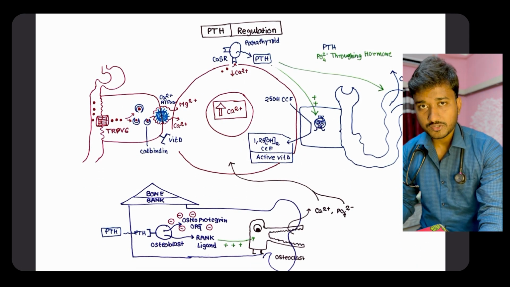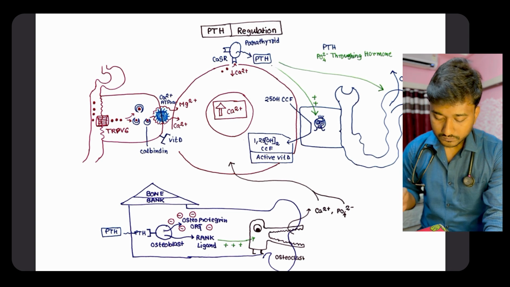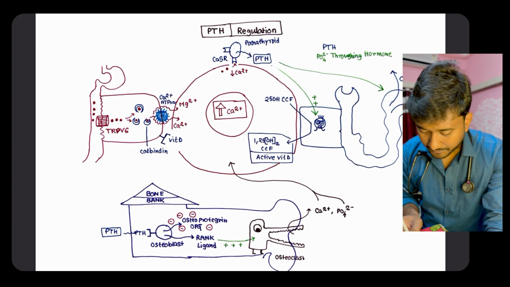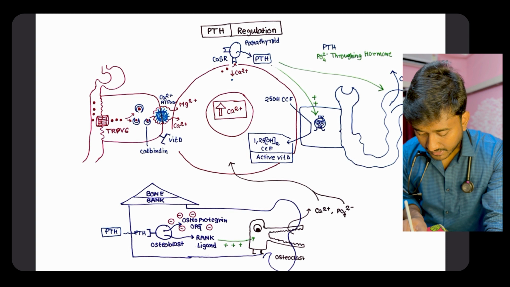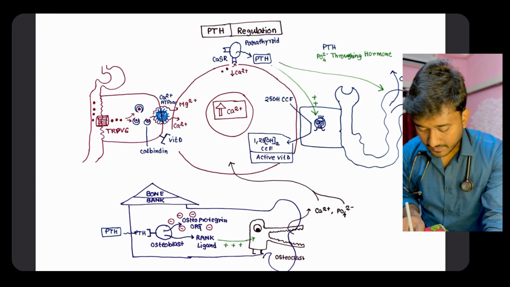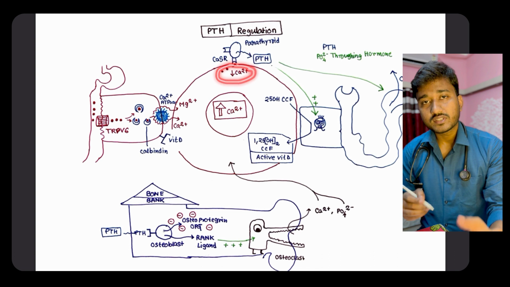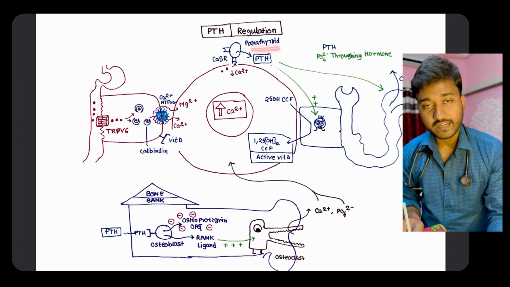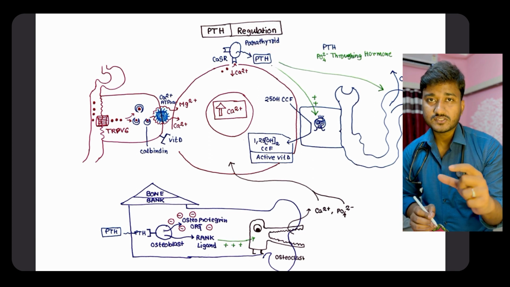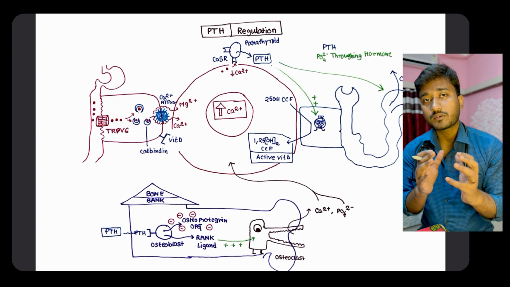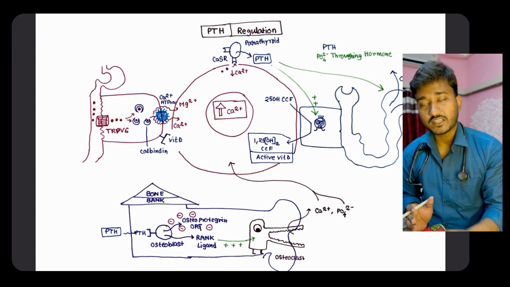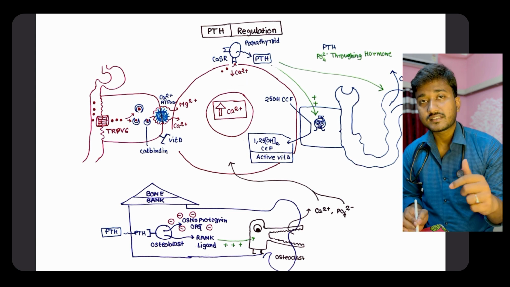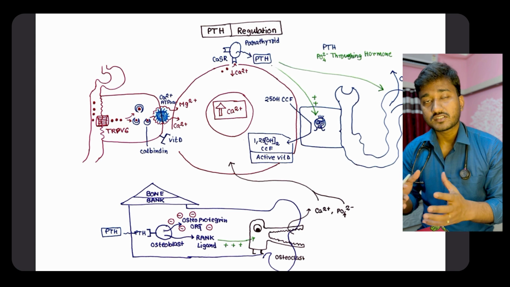Parathyroid hormone is produced from your parathyroid gland. So where does the story actually start? The story starts from calcium. If there is a reduced amount of calcium, it stimulates the calcium sensing receptor present in the parathyroid gland. If there is a high amount of calcium, it inhibits the production of PTH, whereas if there is a reduced amount of calcium present in the blood, via the calcium sensing receptor, the PTH release